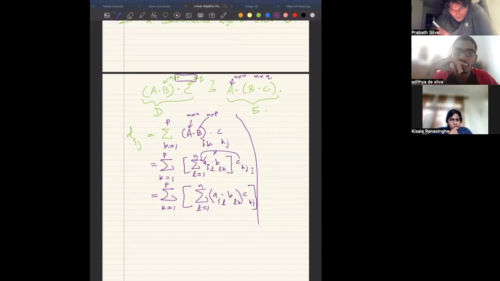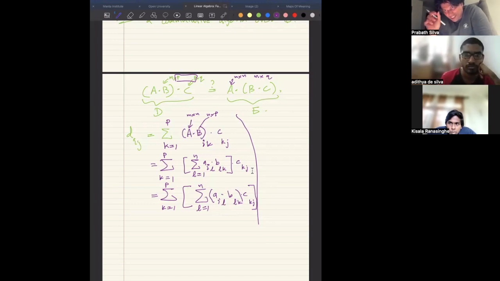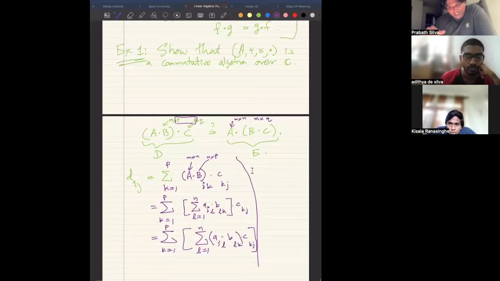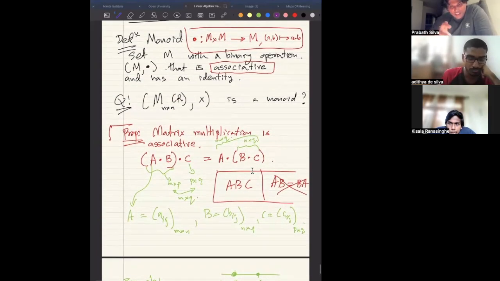I mean, you can do it, but you can do it only if you know that the entry is coming from a ring where the ring is commutative. Okay, so the multiplication that's happening inside is the multiplication in here. Okay,